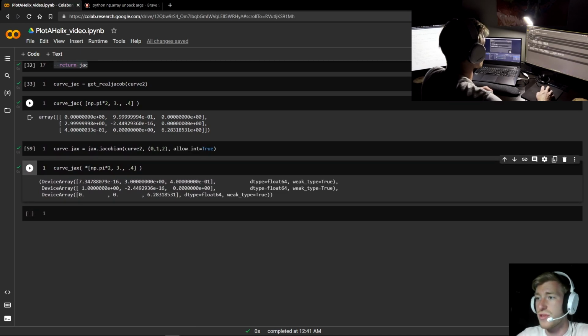So this vertical column right here is the same as this horizontal row right here. If you look, this is approximately 0, this is approximately 3, this is 3, this is 0.4, this is 0.4, that matches up. The next one, we have 1 and 1, essentially 0, essentially 0, 0 and 0. And then right here we have exactly 0 and 0 on the first two, and then 6.2, which again is 2 pi, and right here they match. So, as you can see,